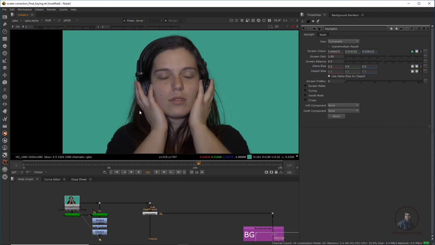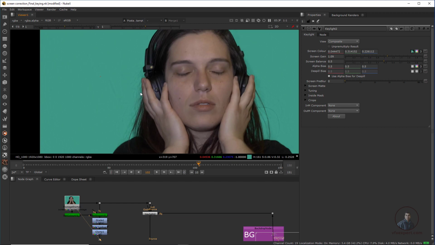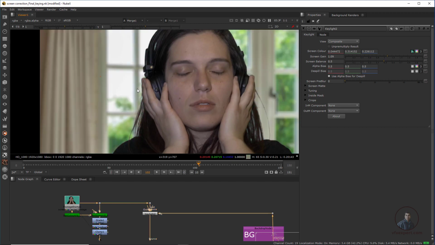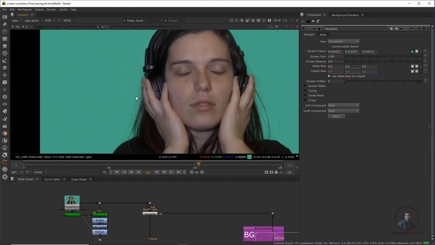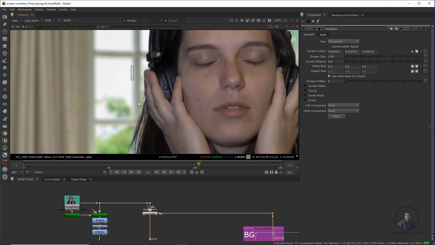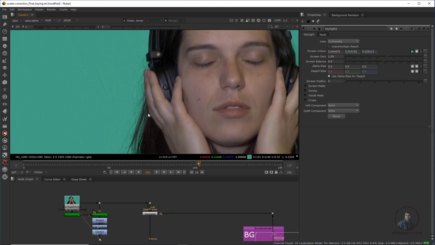So now after this, I am going to start the process of restoring all these details, whatever details I am missing here. So we have to restore all details in our compositing here, okay.